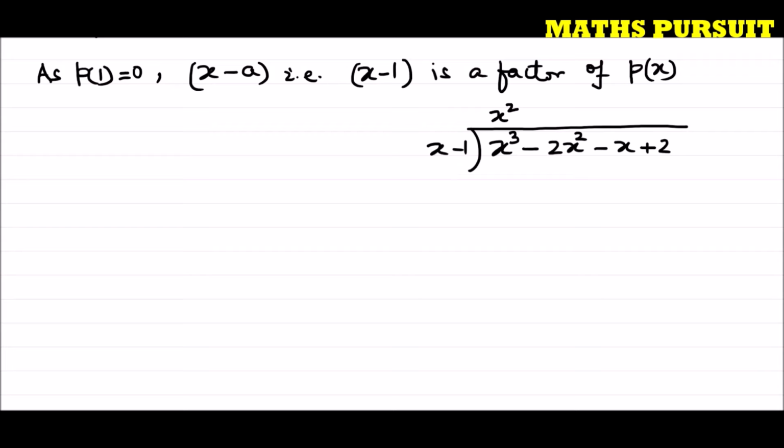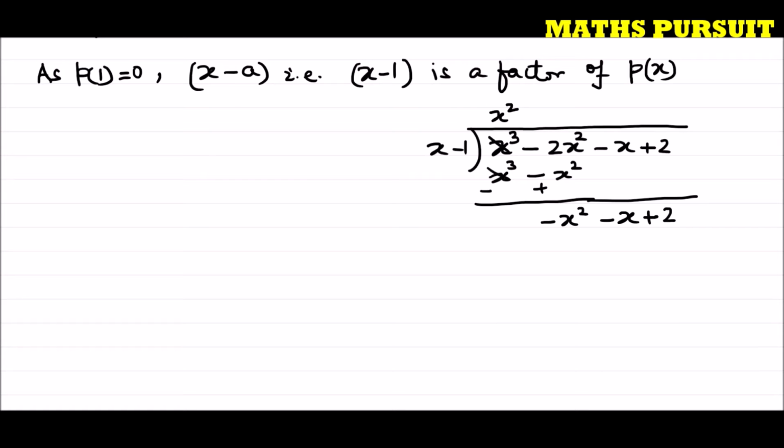Now let us do that. So x to the power 2 into x is x to the power 3. X to the power 2 into minus 1 is minus x to the power 2. Now what are we left with? We are going to subtract it, so our signs will change. Plus will become minus and minus will become plus. So x to the power 3 minus x to the power 3 cancels out. Minus 2x to the power 2 plus x to the power 2 is minus x to the power 2